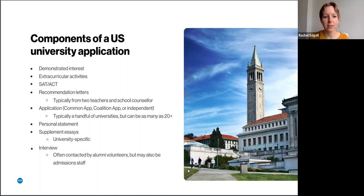The personal statement typically gets sent to every university. Again, there are just those few exceptions like Georgetown, MIT. But the biggest thing I will say is that it's very different to the UK personal statement. The UK personal statement is very academically focused, showing that you're a suitable candidate for whatever you want to study. Whereas the US personal statement is much more of a reflective, introspective piece of writing. It can be a creative writing piece, it can be a personal narrative, but it's you sharing again